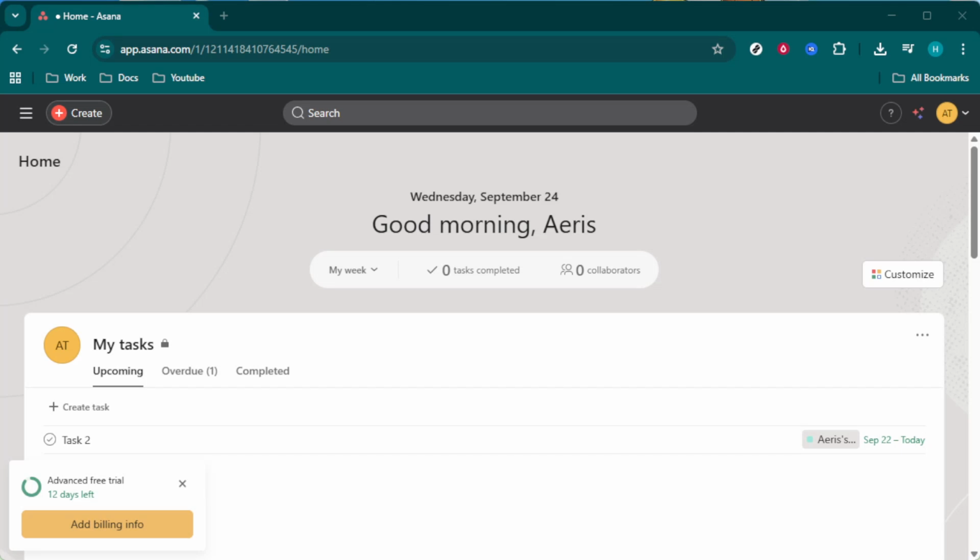In today's video, I'm going to teach you how to use dependencies in Asana, a tool that can significantly enhance your project management efficiency. Dependencies in Asana allow you to define the sequence of tasks that must be completed to keep your projects moving seamlessly. Let's dive in and see how you can set this up to ensure that your workflow is as smooth as